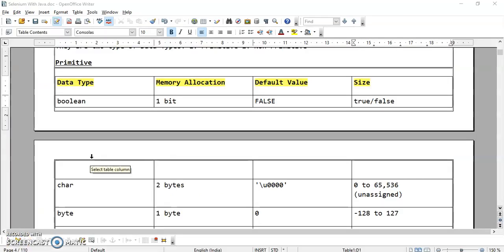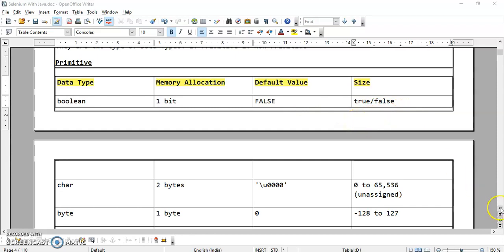So each and every primitive data type has its default value and its size, or we can say the range, or how much memory it takes. Okay, so if you consider boolean data type, it takes 1 bit of your memory. The default value is false, and we can assign either true or false.